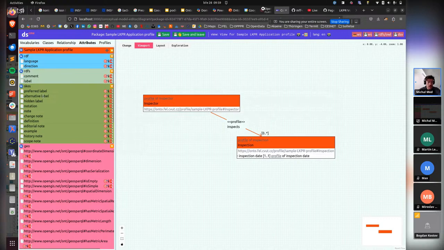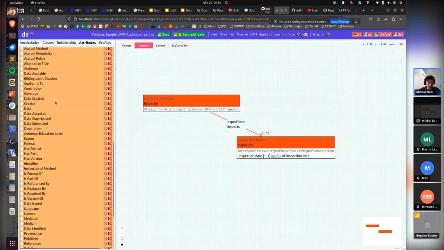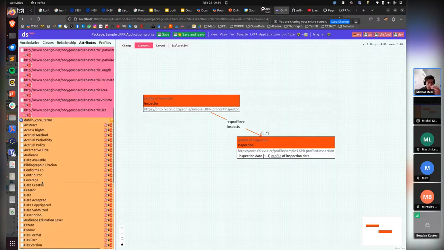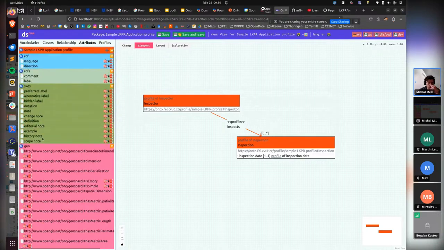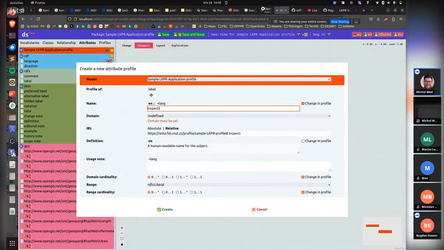So in the attributes, I will find probably label. No, there's no label. The label is in RDFS, yes. So I will create the profile of RDFS label, and I will call it inspector